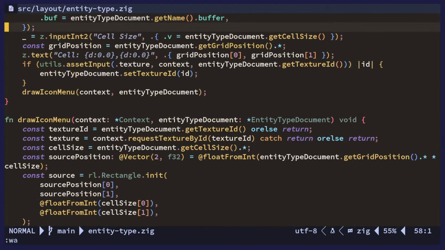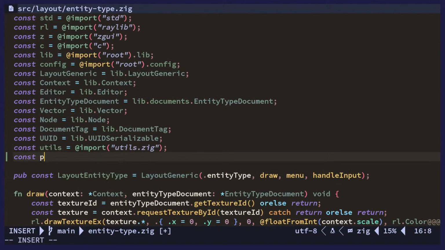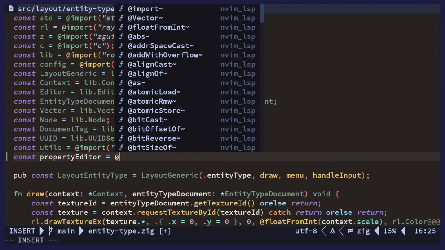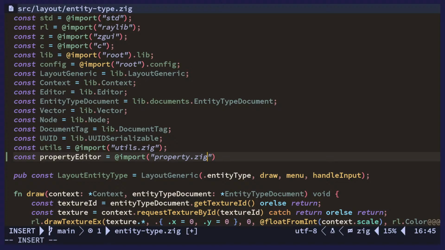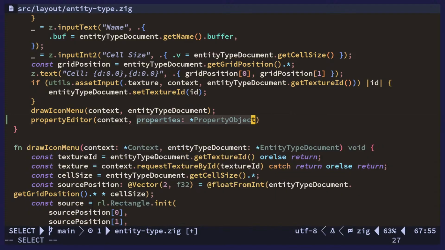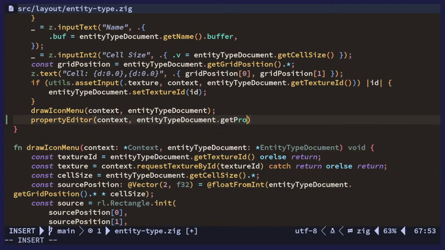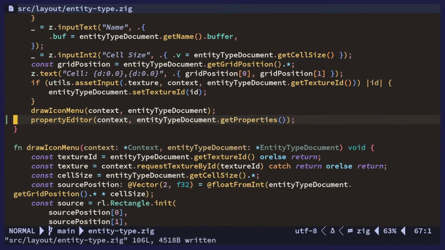here's the menu. Draw icon menu. Right. So we're going to import property editor. And we just call this here. And the properties are going to be entity type get properties, I guess. Right. And then we go to